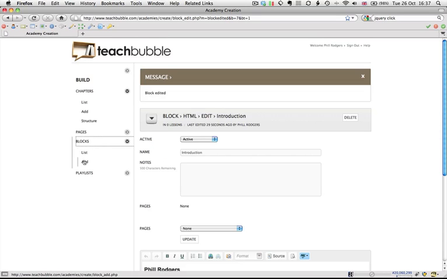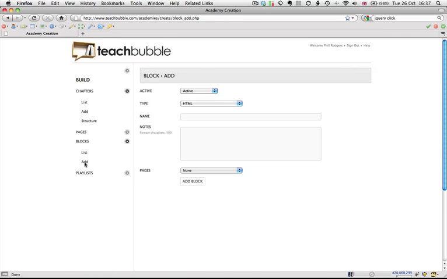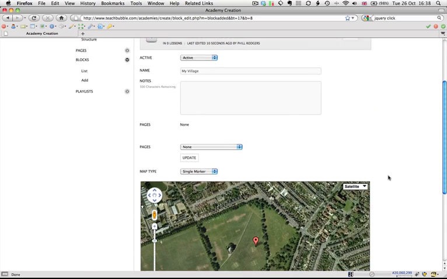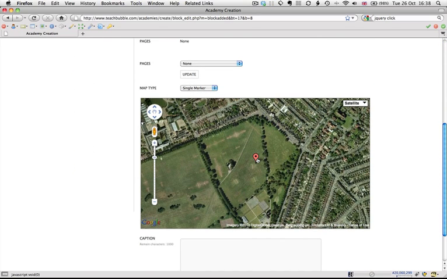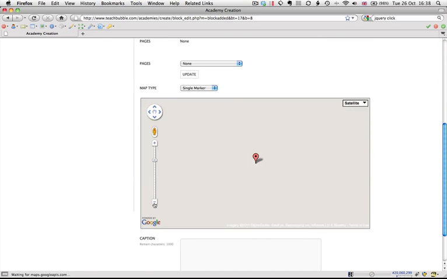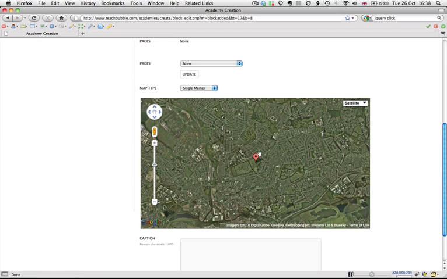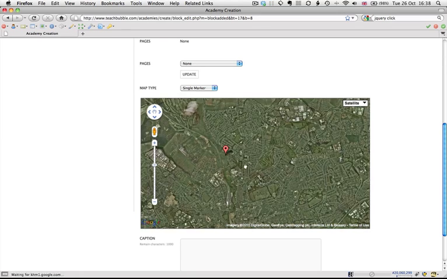I'm going to add another block now, and from the list you'll see there are many different types of block. This time I'm going to add a map block, and this is going to be my village. So Google Maps has identified as close as it can from my IP address where I live, and I'm going to move that along here and zoom in again